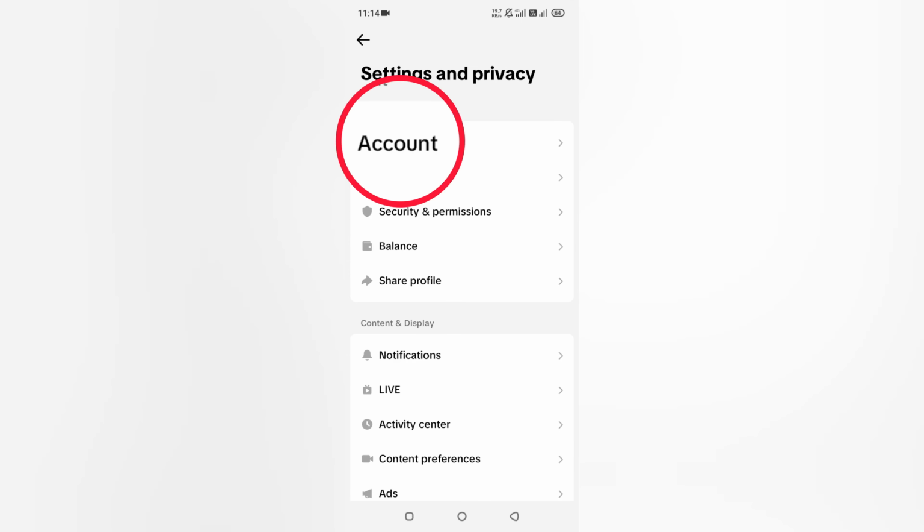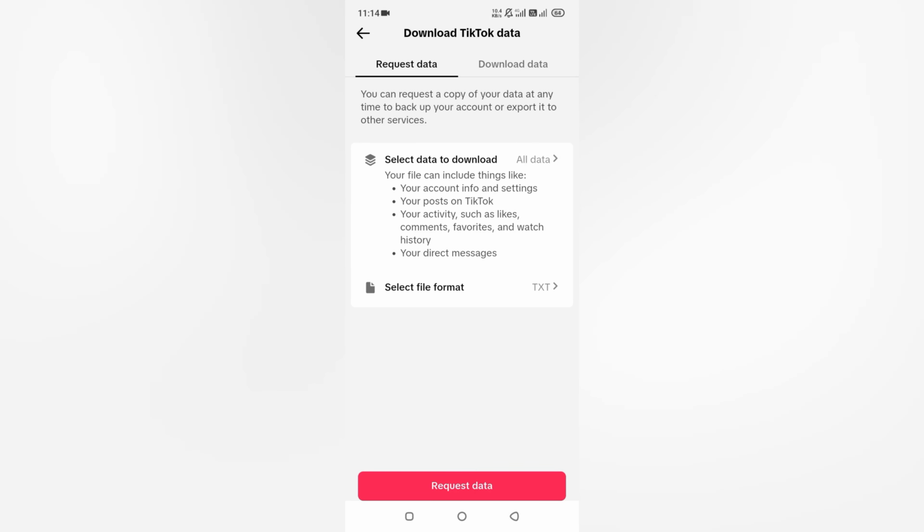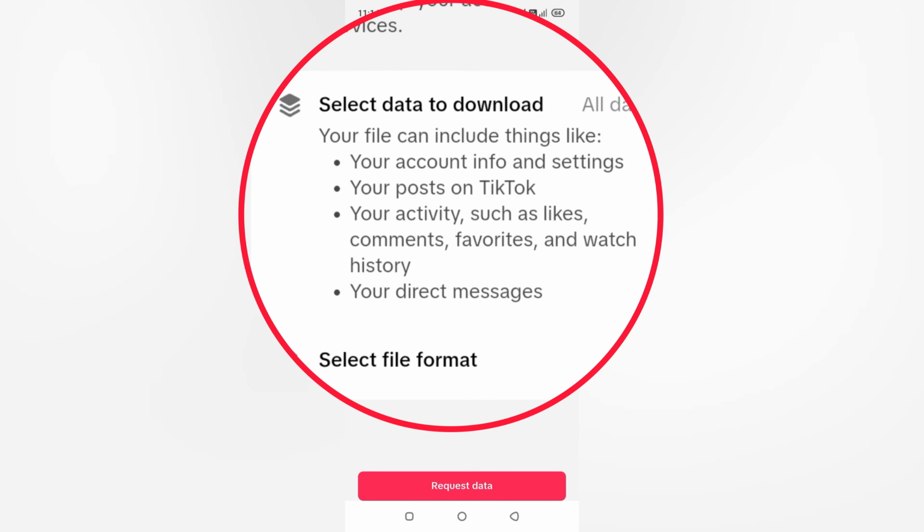Now at the very first option you can see account. Just tap it here. And down the bottom you can see a second last option, download your data. Tap it here. Now on my screen you can see